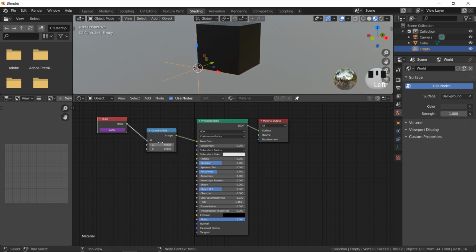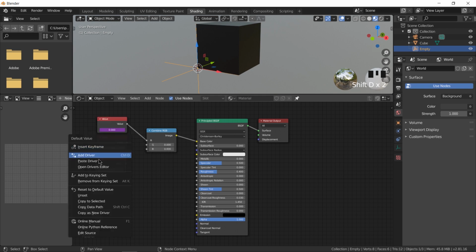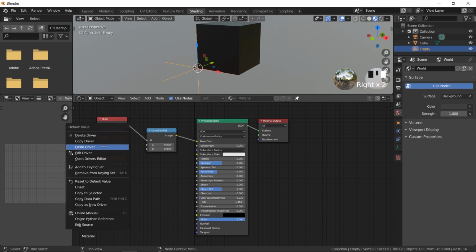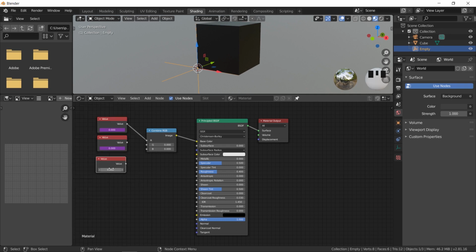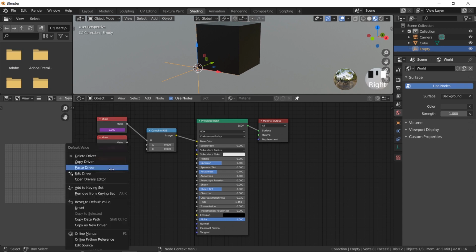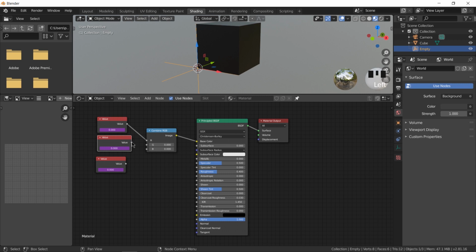And we just need to do this for the green and blue, or the Y and Z channels also. So we Shift-D, Shift-D. And we can actually save a little bit of work by right-clicking and copying that driver and then pasting the driver into here. And then you can right-click and edit driver. Change that to Y. Easier said than done. Y location. And paste driver, edit driver. Change that to Z. And as long as you connect these up,